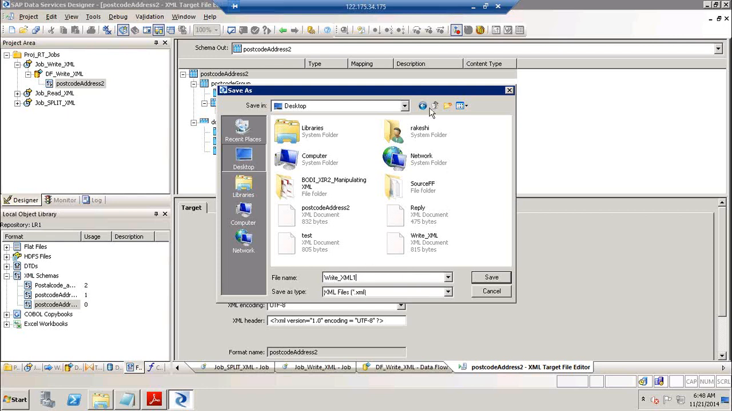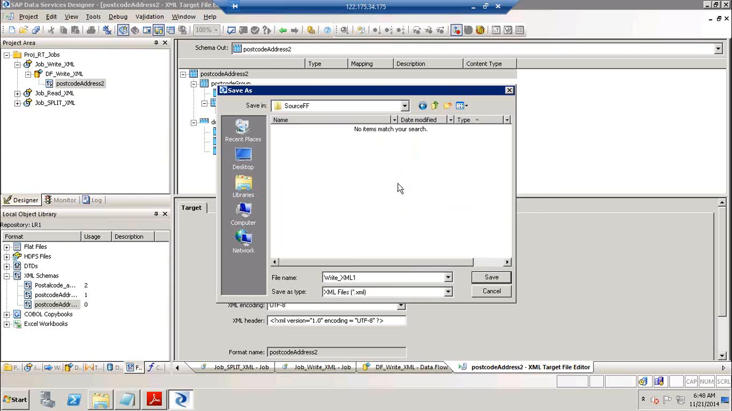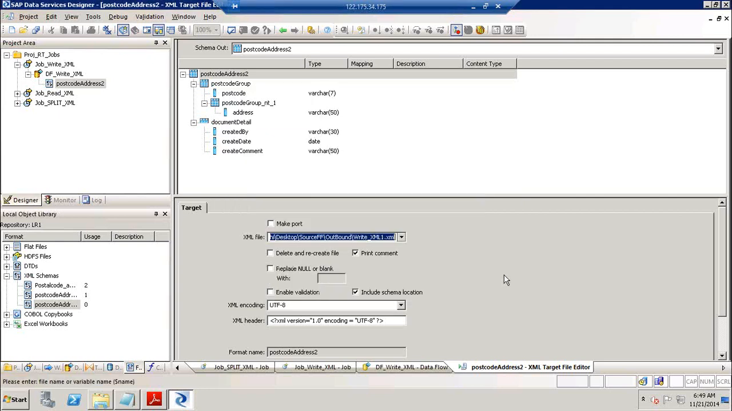So I'm giving the file name as write underscore XML1, or I'll create a new folder, outbound, and I will write it there. So I'll call it write XML1, and click on save. Now if you look at the structure, it is a bit different from my source or the previous flat file